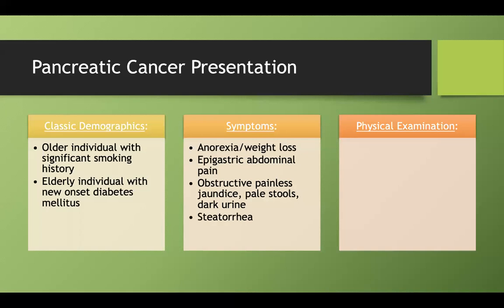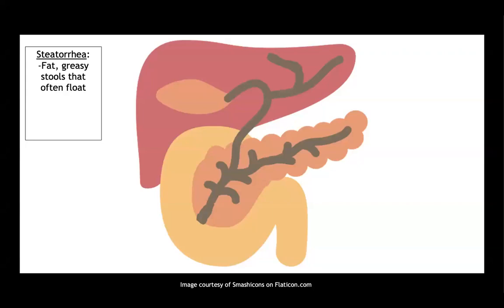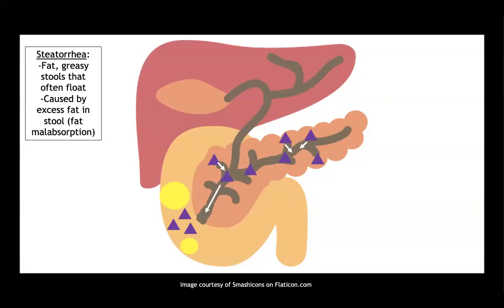You'll also get steatorrhea, which shouldn't surprise anybody. You're going to have fat malabsorption for some of the same reasons we've already talked about before. I can show you some right here. So steatorrhea are fatty, greasy stools, and they're often caused by excessive fat. If we have our pancreatic enzymes here, they usually get secreted into your duodenum, and fat can get broken down into smaller micelles. But if you have a big obstructing mass, or you have a mass that's destroying a lot of your acinar cells in the first place, then you won't have as many pancreatic enzymes in your lumen, and you'll have these large fat globules that cannot be absorbed, and instead they end up being excreted as feces.